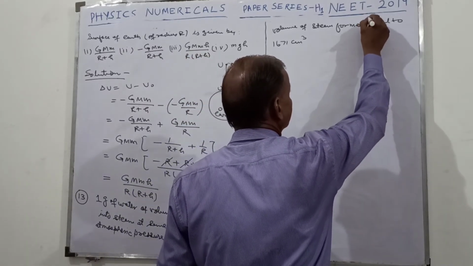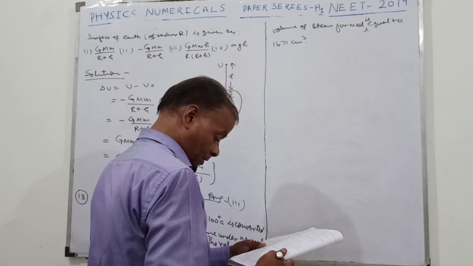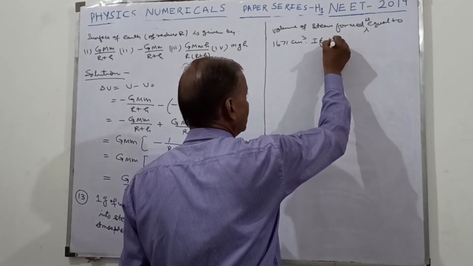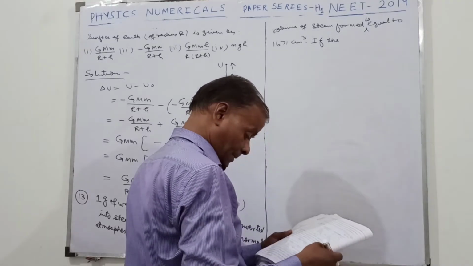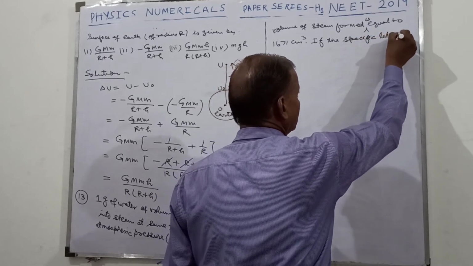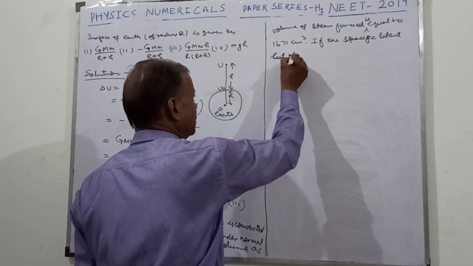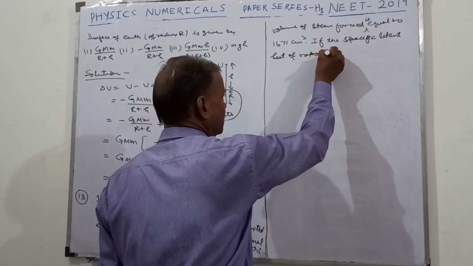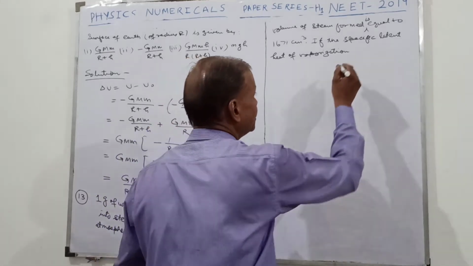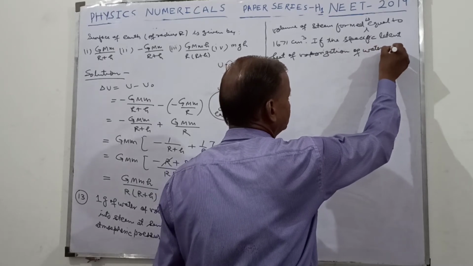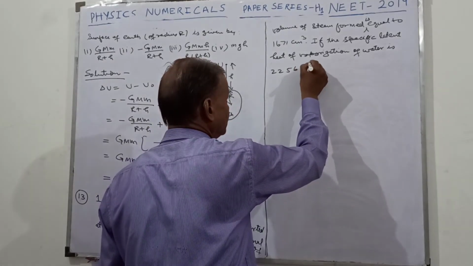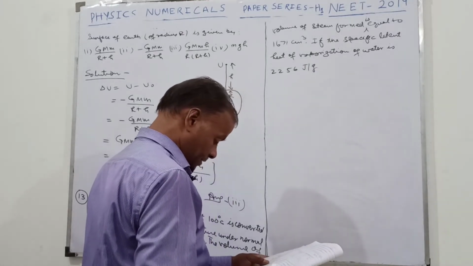If the specific latent heat of vaporization of water is 2256 joule per gram, the change in internal energy